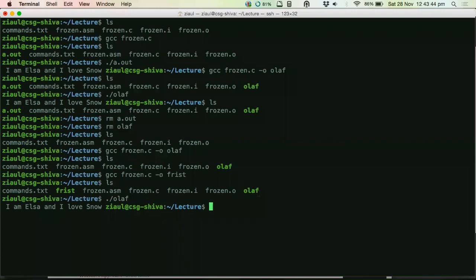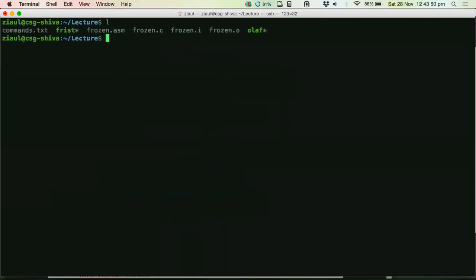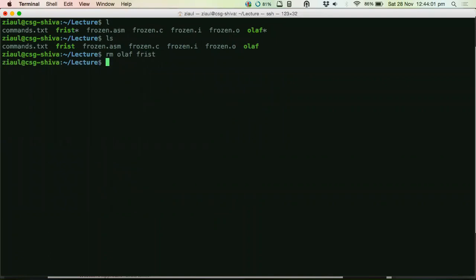Sir, where does this name change? You shifted from frozen to Olaf, so where does it change? Where does it change, as in? I mean that this name gets changed to something else, where? Oh, wait. Yeah, so let me show.